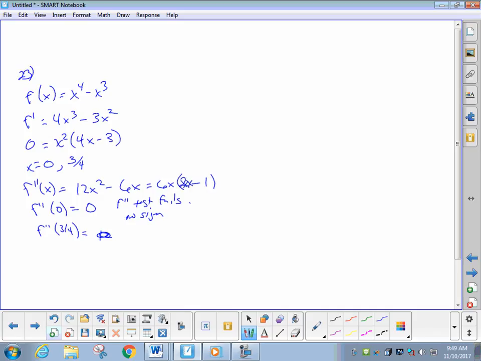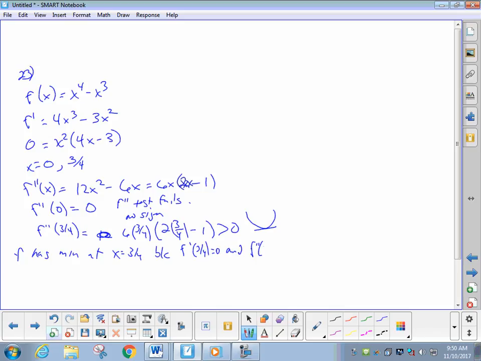Okay, so I will be looking at 6 times 3/4, which is surely positive, times 2 times 3/4 minus 1, surely positive. So this is greater than 0, implying the curve is flat and concave up. Down? Up, right? It is. Okay, and so we have a min. f has a min at x equals 3/4 because you need to cite two pieces of evidence, the flat and the concavity. So because f prime at 3/4 is 0, and f double prime at 3/4 is